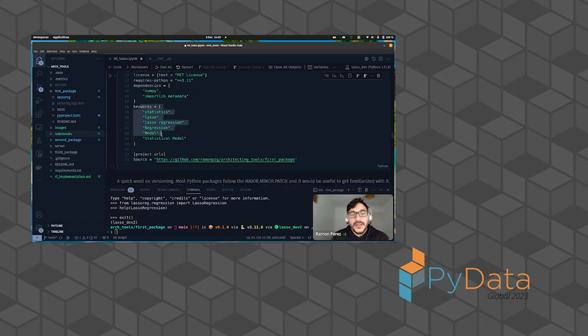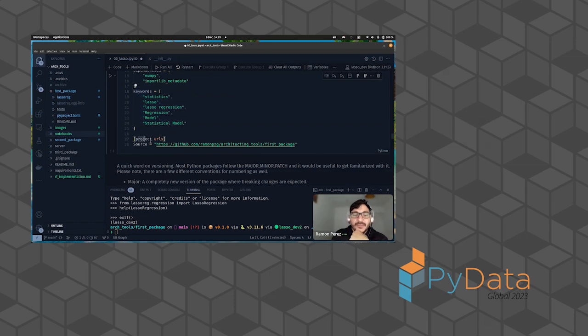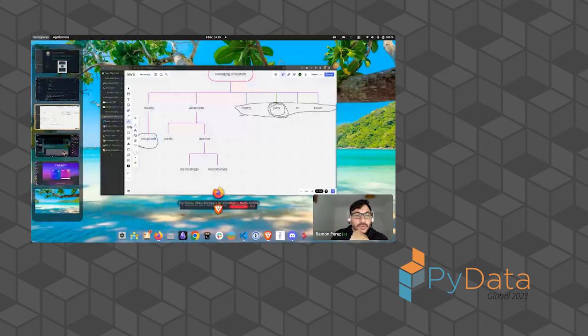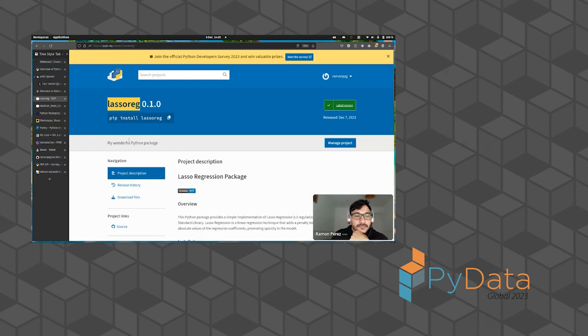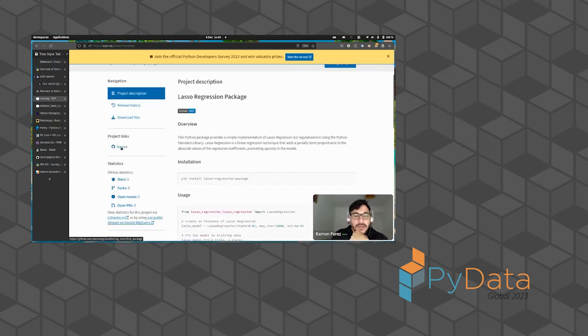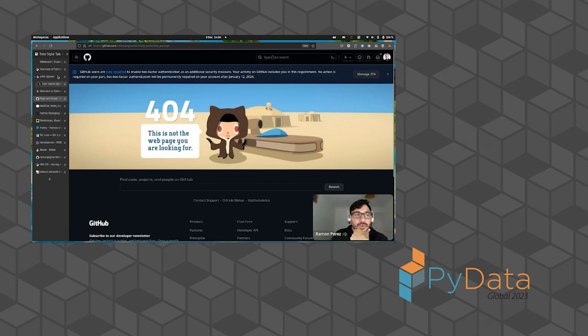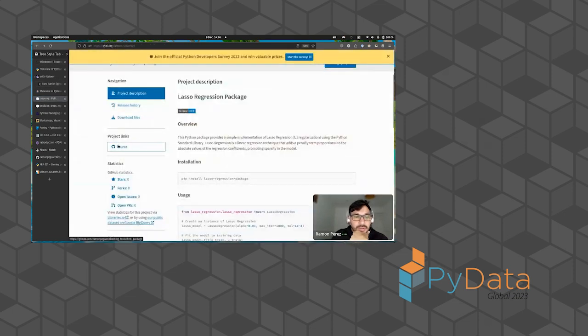Okay, and then one of the things that you can give to your package is some keywords so that it is easier for other people to find your package. You can also give it different other things, and I forgot the exact name of the other stuff that you can give it, but you can give it keywords and a couple other things to make it easier for other people to search for it. And lastly, the project URL. So when you go to PyPI, you're going to notice that it's going to have a source, project link. So that source, oops, I must have misspelled it